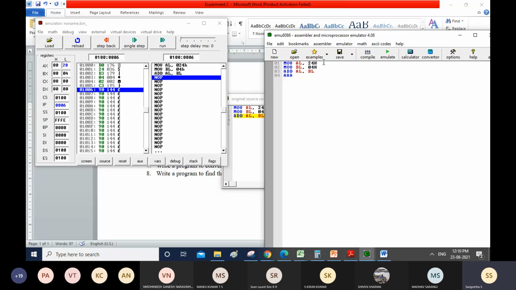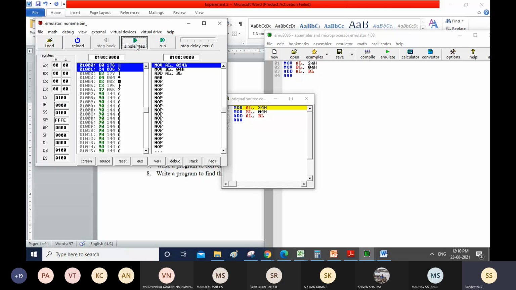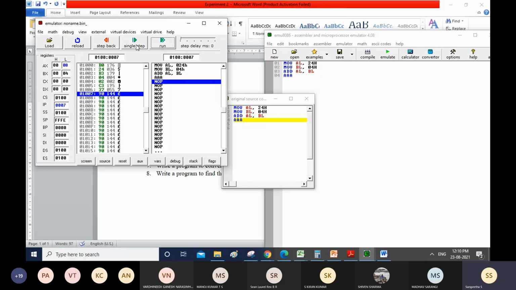If you are executing the AAA instruction, it checks whether the number is greater than 9 or not. After this addition, our end result is 29, so no problem. Even if you execute this instruction, it is not going to change much. After the execution, you can see the AAA instruction gives the result in unpacked format.